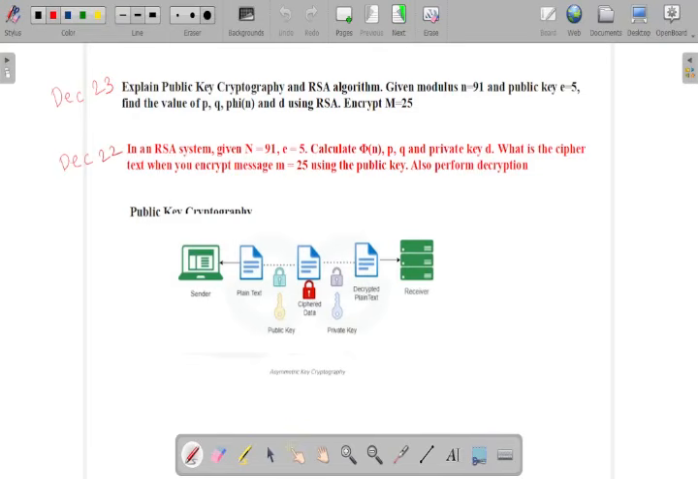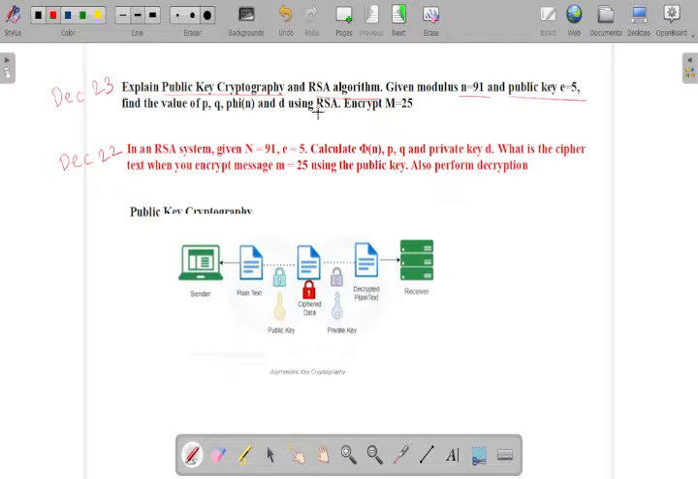Hello everyone, in this video, I will explain these two questions that are asked in the Mumbai University question paper in December 2023 and December 2022. The same question is asked to solve the RSA algorithm, but the first question is asked in December 2023: explain public key cryptography and RSA algorithm, and the given modulus n is equal to 91, value of public key